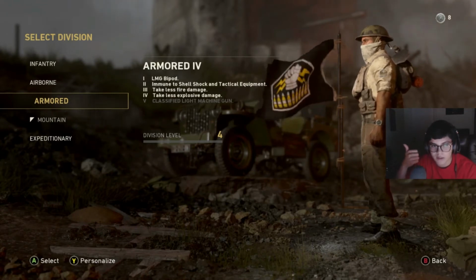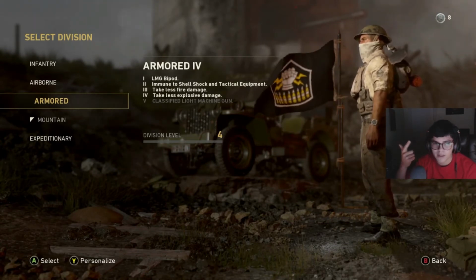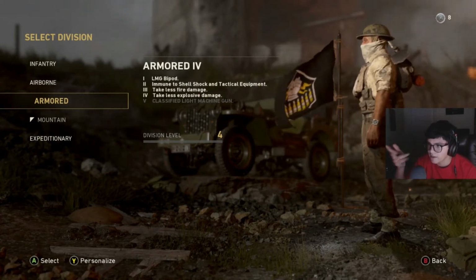You get the bipod, which eliminates an attachment. Immune to shell shock and tactical equipment, which eliminates a perk. Take less fire damage, a perk, and take less explosive damage, which will be the same perk, basically flak jacket, in a perk right there. And the classified light machine gun,